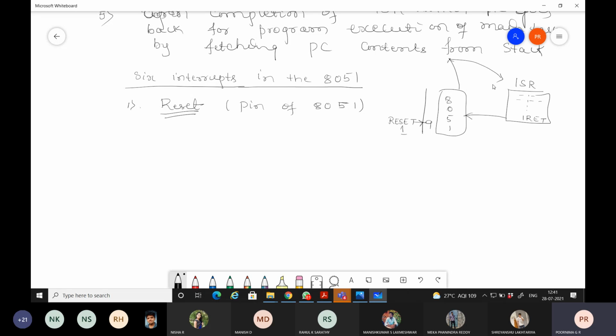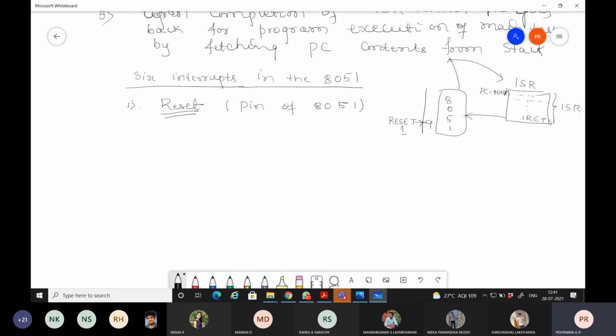When this interrupt service routine starts executing, PC will get loaded with a value of 000H. So this 000H is the starting address of this interrupt service routine.